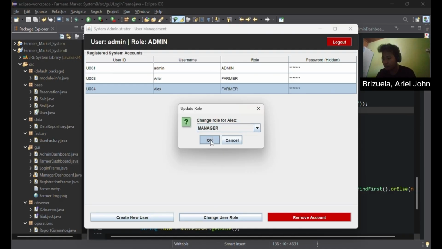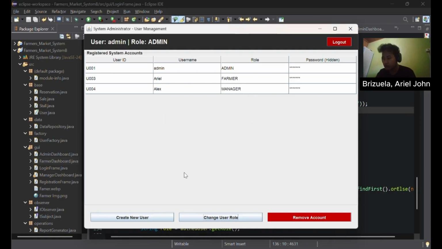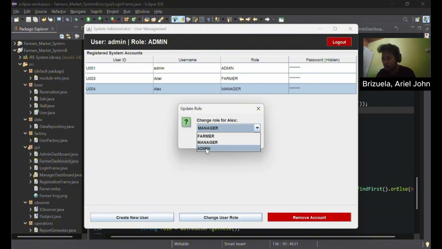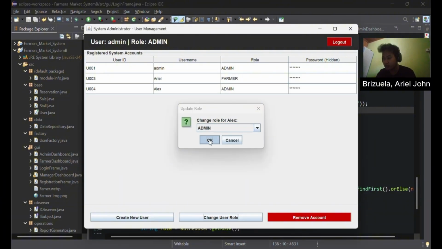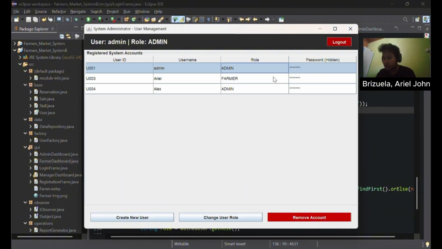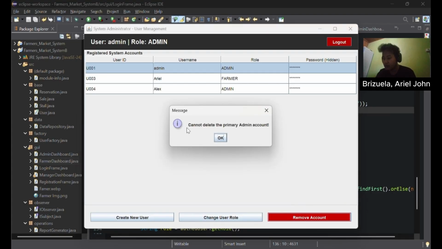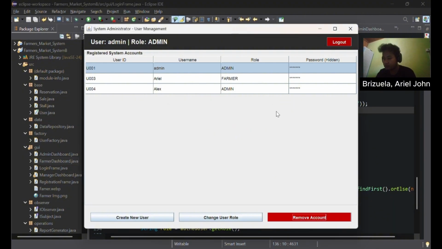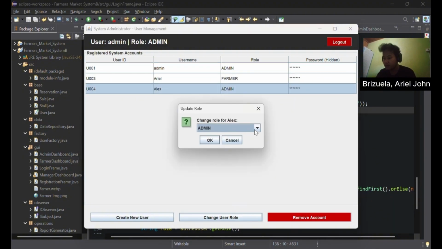We could also change Alex to be the admin. When selecting the admin to remove the account, it says that you cannot delete the primary admin account. Only Alex could be removed.